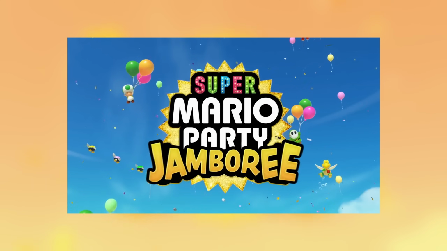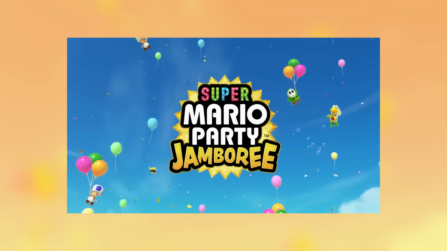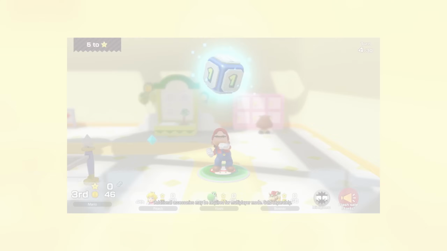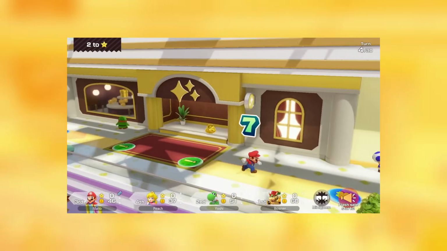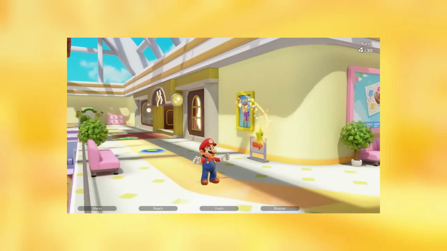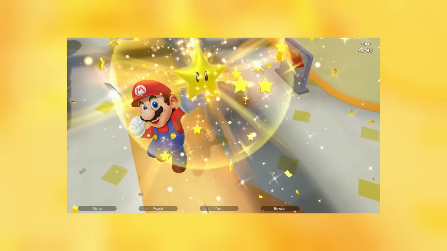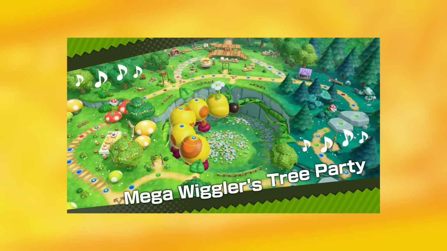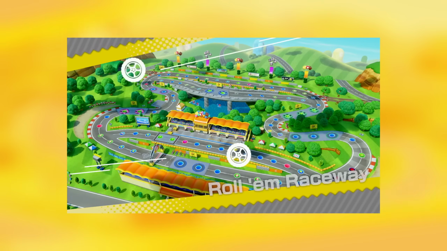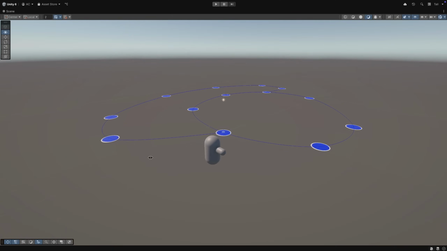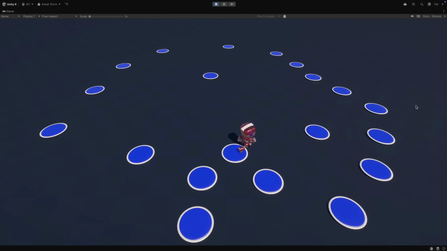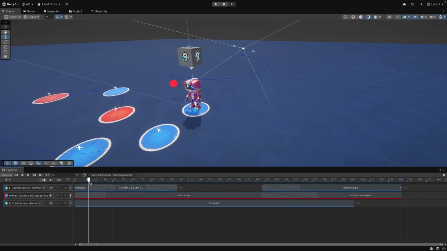Mario Party franchise. I've always been a big fan of this series and have covered the recreation of some of its minigames in previous videos. But this time around, I wanted to dissect the core gameplay of the playable board, in which players move around, collect coins, items, and stars. So in this video, I'm going to go over the process of how I tried developing a similar system using